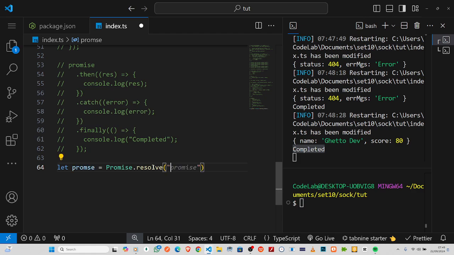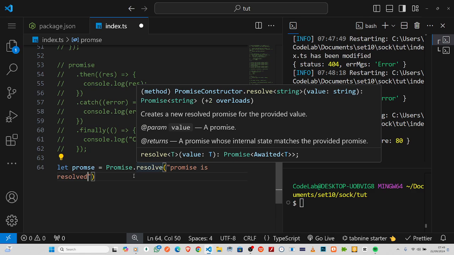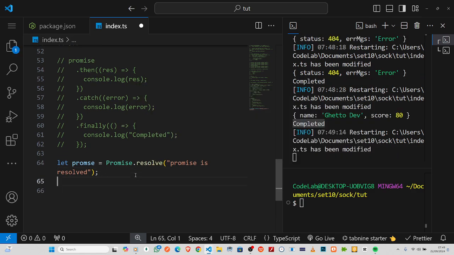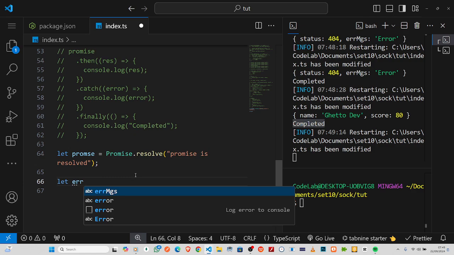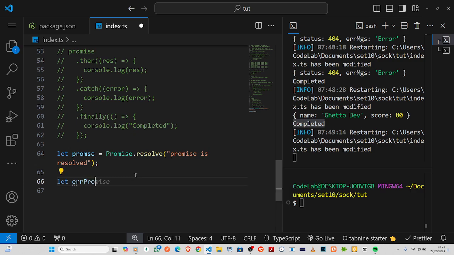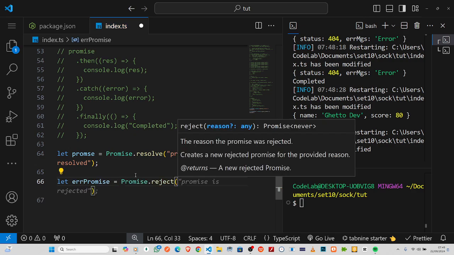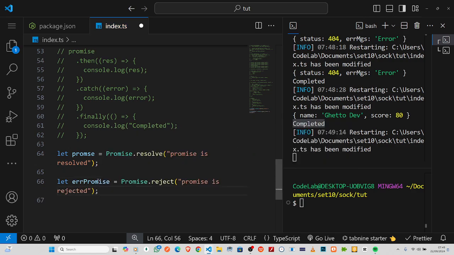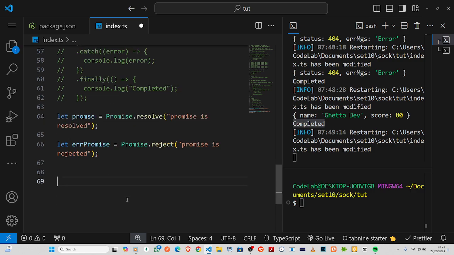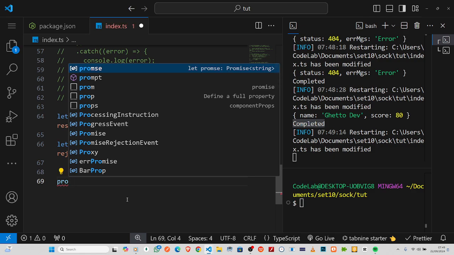So we'll just come here and say maybe promise is resolved, something like that, right? And of course we can still do let promise be equal to Promise dot reject, right? So this promise is rejected, right? So then how do we use it? So we can still do our promise